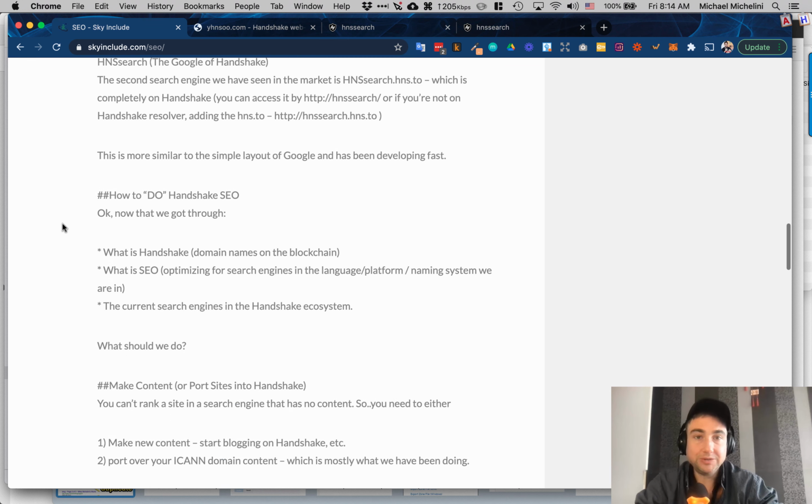Okay? So now you get it, right? I hope you get the basics. There's Handshake domain names like .skyinclude or .mercenary or your domain extension. And then, of course, there's SLDs like setup.skyinclude, handshake.mercenary, handycon.promote, right? So those are the names, and then they have content, and you need to make content on these, right? Domain names by themselves don't get into Google. I know some people have these squatted domains and they think they will rank, but of course, real valuable, unique content is what will work, right?